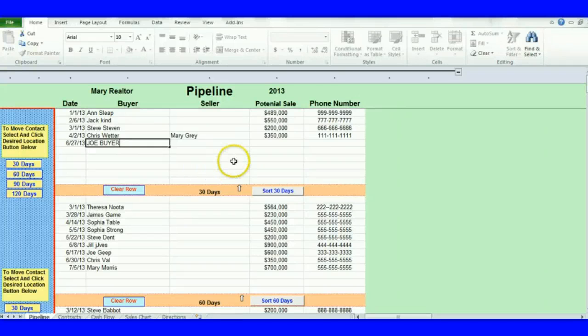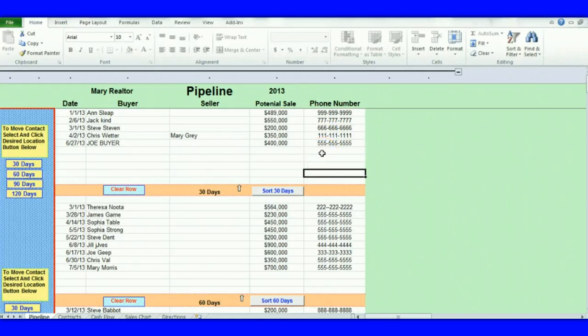Joe Buyer, and Joe Buyer is looking to spend $400,000, so let's make that 400,000. Here you would put his phone number, and now you've got the contact information.